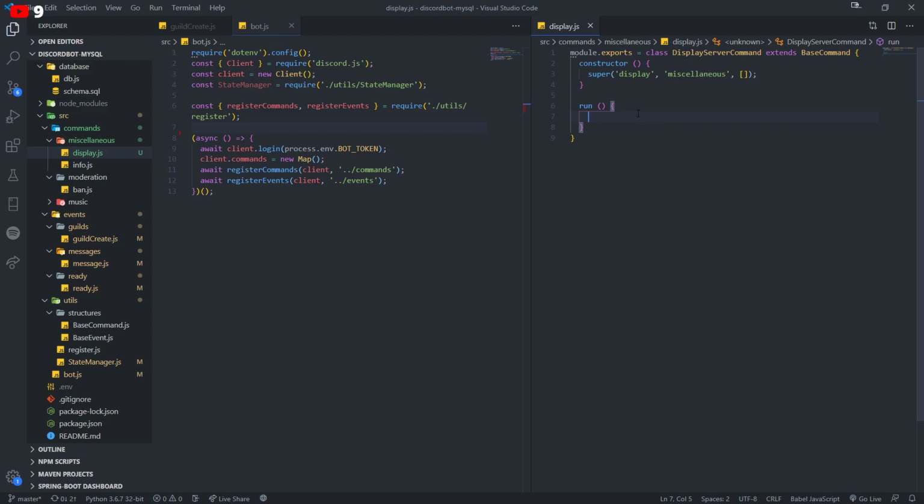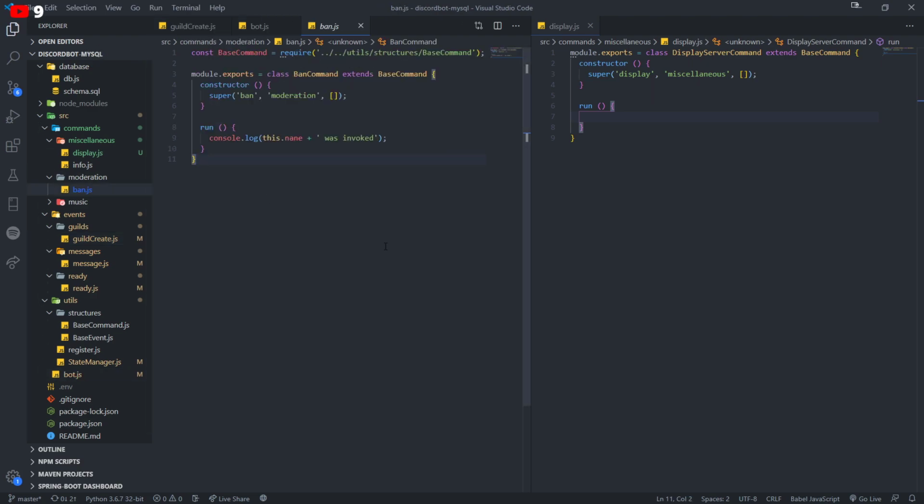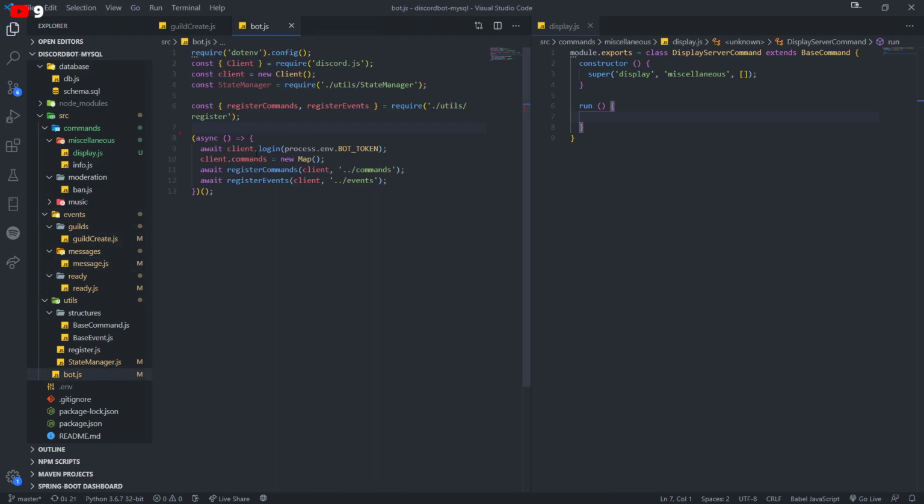But the idea is that for this command function, we need to pass in, let's see. I actually haven't even gotten up to the part where I tested my commands, because I've only showcased the database part and the state manager. I think those were much more important than the actual commands part, because the commands aren't really super crazy. Okay, but what we need to do is for every single one of these commands, we need to take in 3 arguments. So it's the client object, the message object, and args.